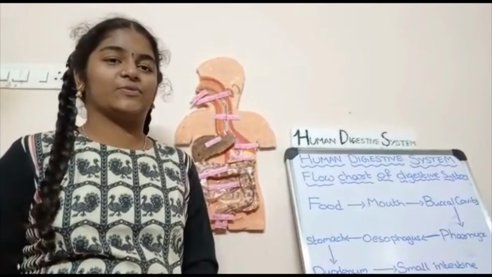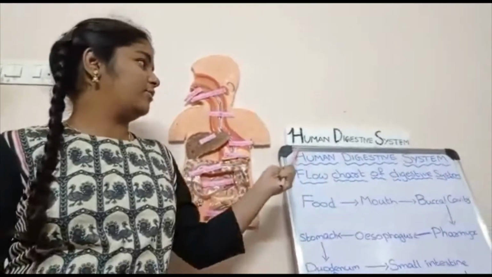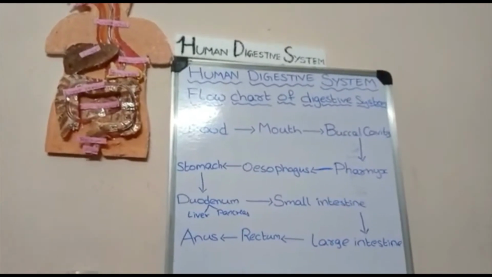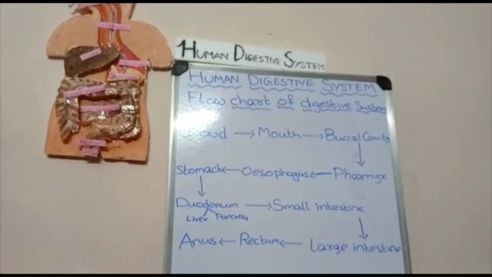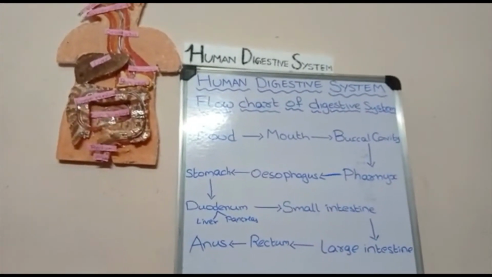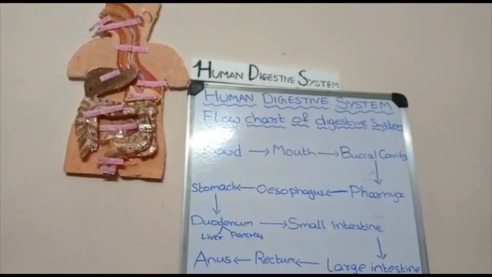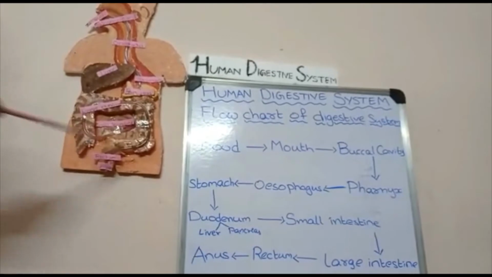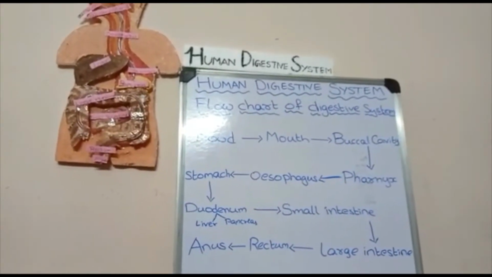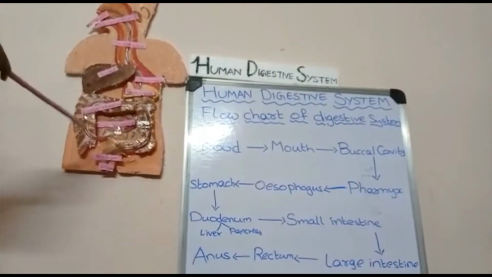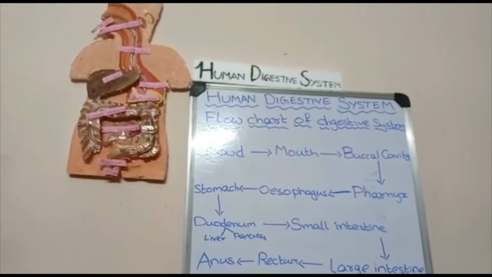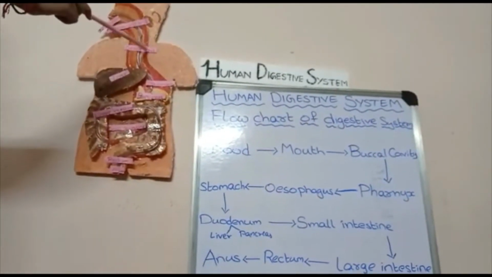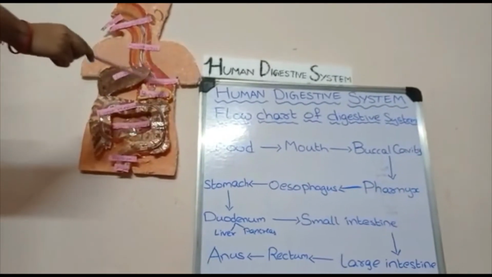Today I am going to talk about the human digestive system. The human digestive system is also known as the alimentary canal. The alimentary canal is basically a long tube extending from the mouth to the anus. In this we can see different parts. The parts present are the mouth, salivary gland, esophagus, stomach, liver, pancreas, large intestine, small intestine, rectum